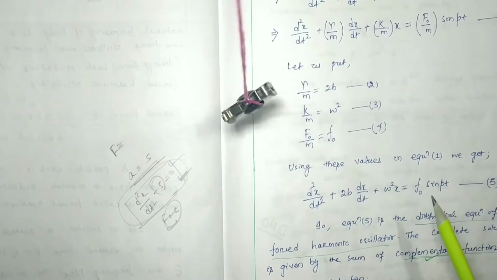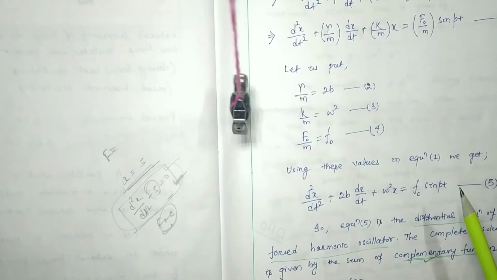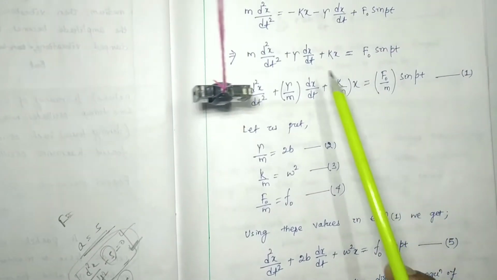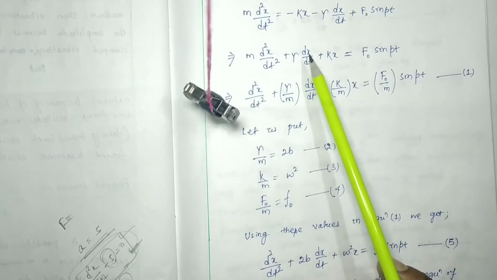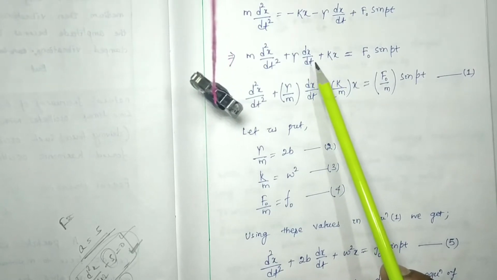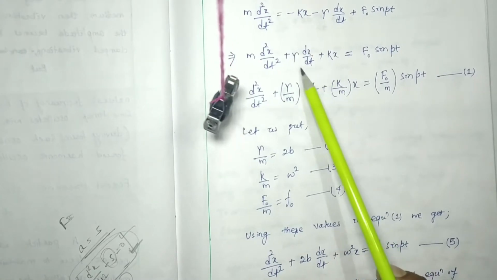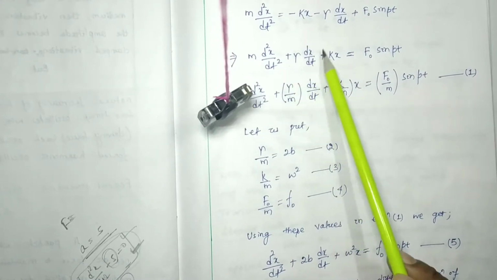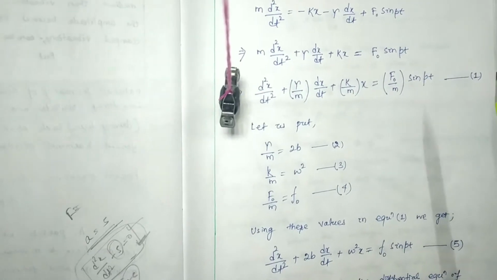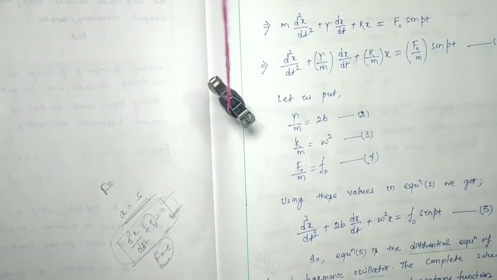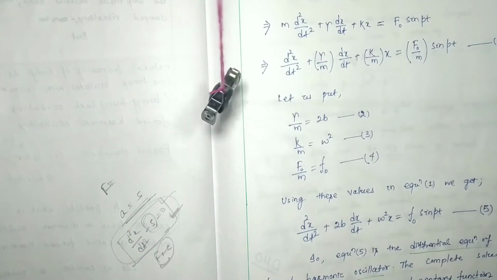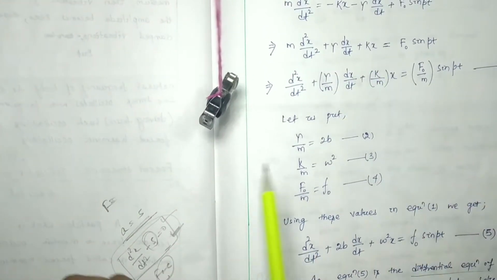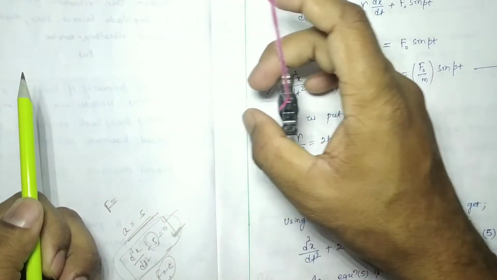That resistive force is directly proportional to the velocity, that is gamma dx by dt. In detail we discussed this when we discussed damped harmonic oscillations. So this force is found due to the resistive nature of the medium as well as the hook. Due to that, the oscillation is going to stop after some time, right?